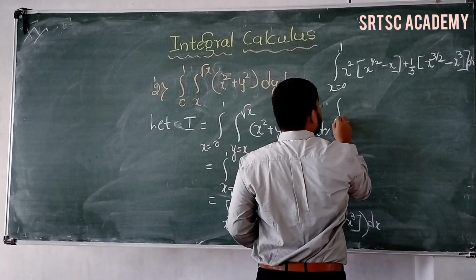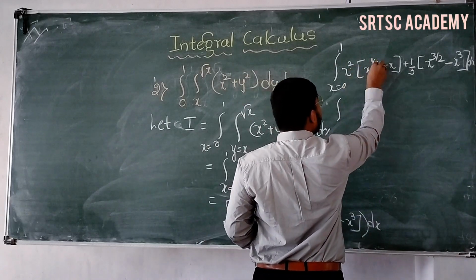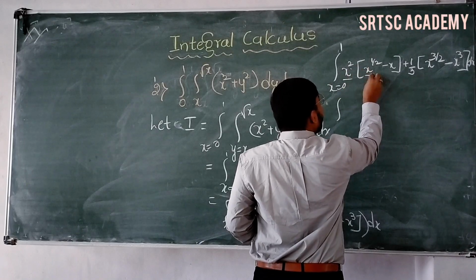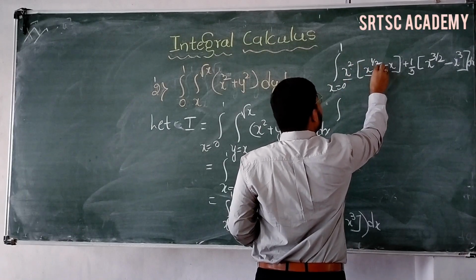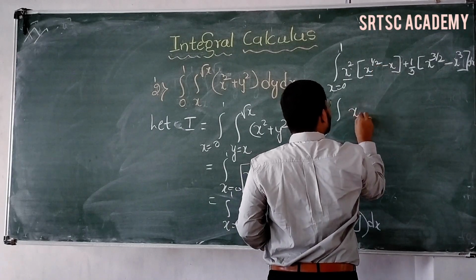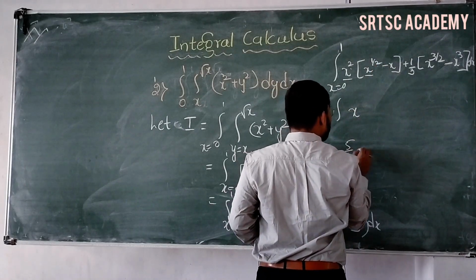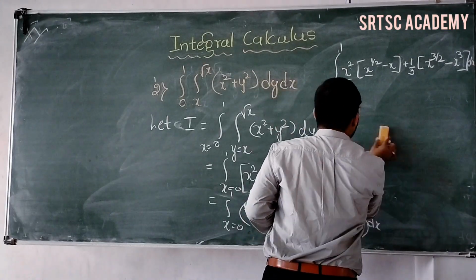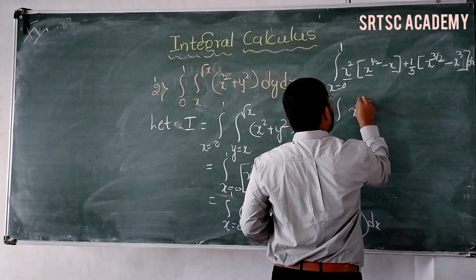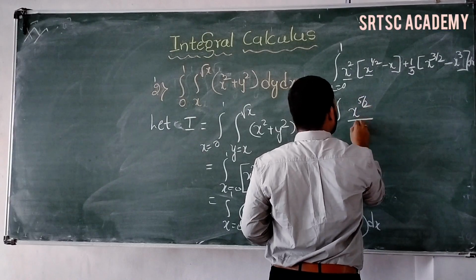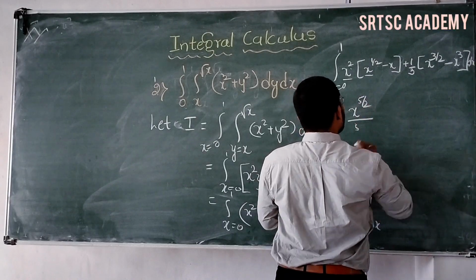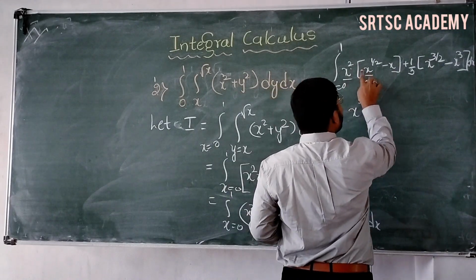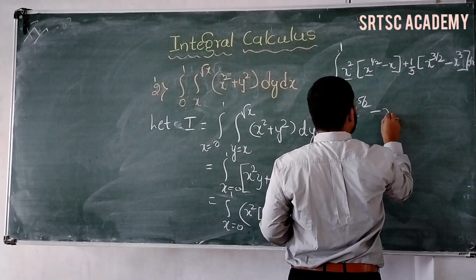Next, simplify. x square is there, here x half. The x bases are the same, right? x to the power 2 plus half, 2 and a half, right? 2 and a half means what? 5 by 2. 5 divided by 2 means 2.5, and 2.5 means 2 and a half. Use common sense here. So 5 by 2 minus x square into x, that is x cube,